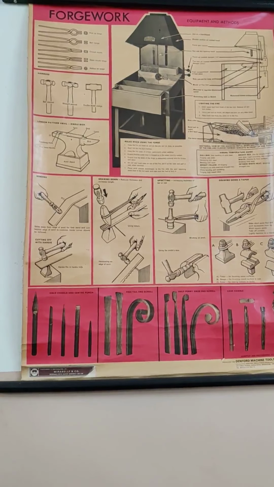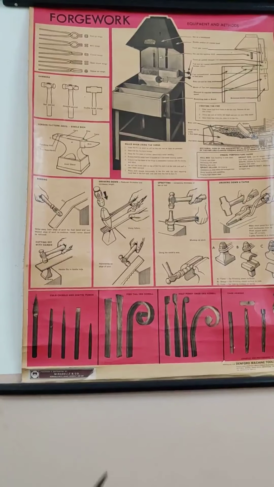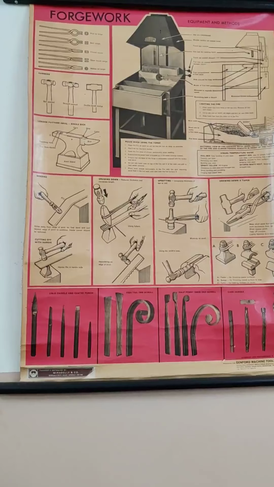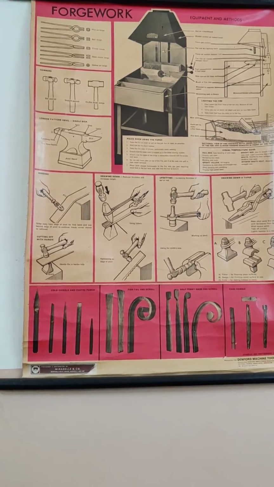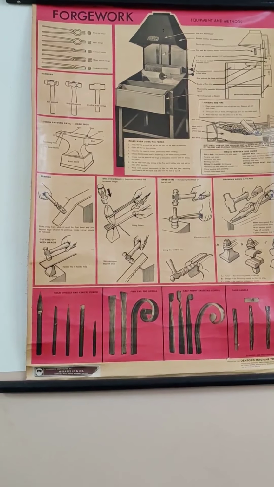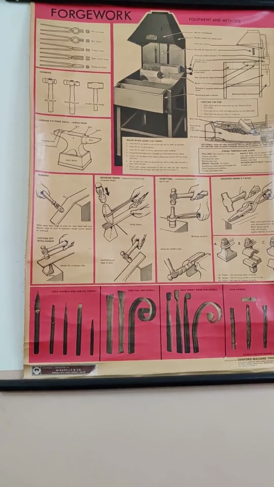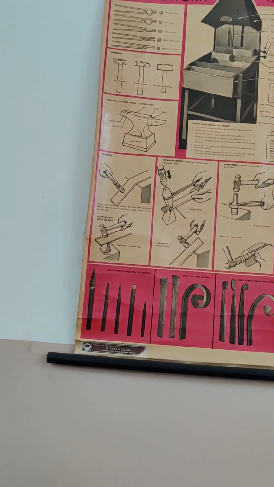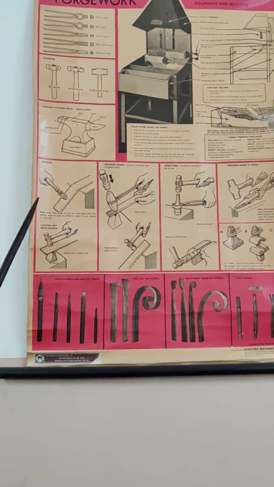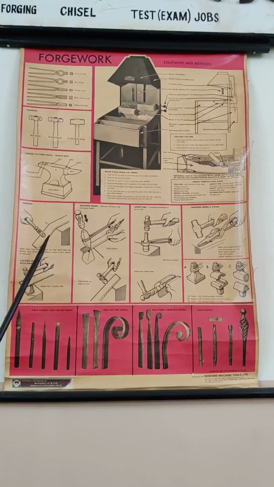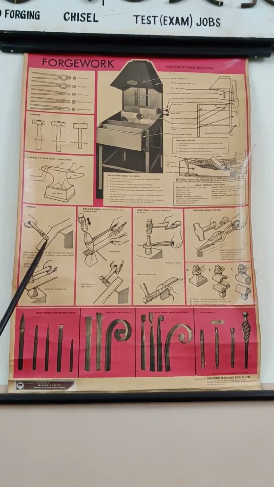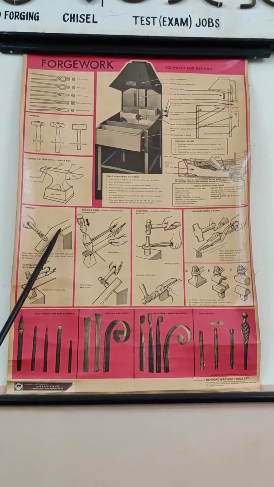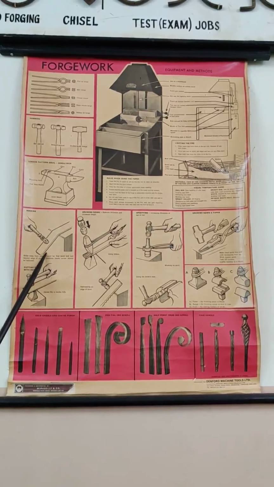Now we will see the operations. We will start with the first operation, which is called bending. Now bending would mean changing the shape of a metal to a curve or a sharp bend or angular bend. So bends can be classified as angular bends and curvilinear or curved bends. As we see here, this is a sharp bend on the anvil. Okay, this is called an angular bend.